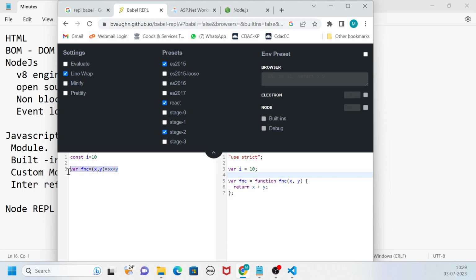So when you type here, right? This is the equivalent code that you're going to get actually. So that's how it's going to work, right? Okay. Now,